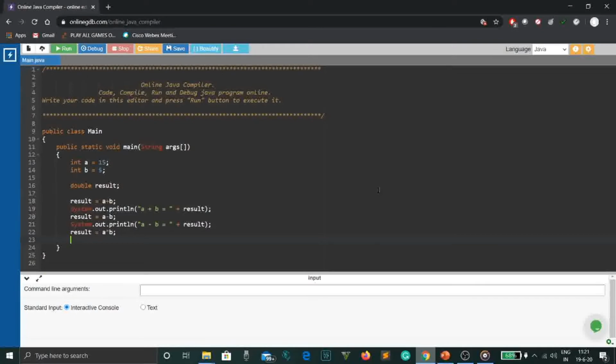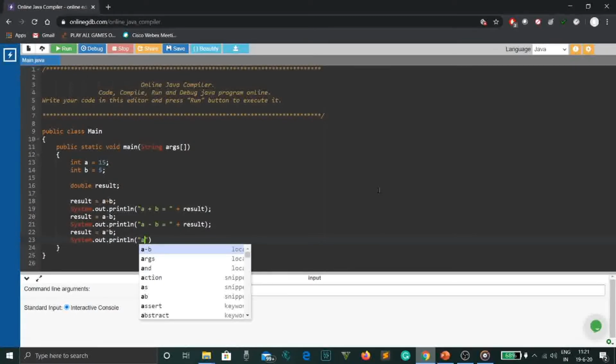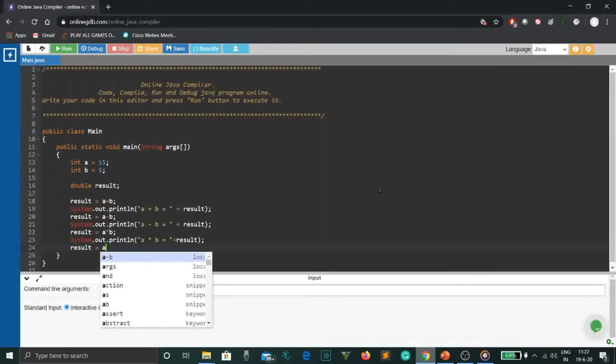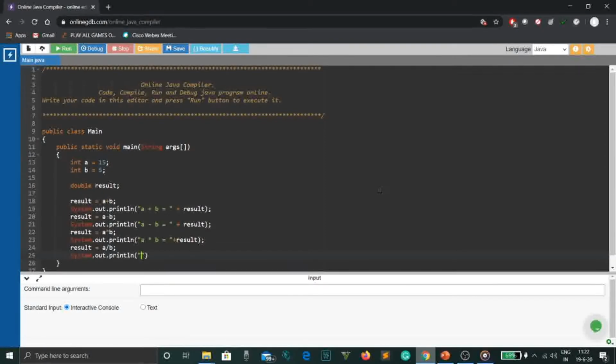Then we go on to division. Here we want the quotient as the result. So we write result = a / b, a divided by b. And then we write a System.out.println statement, and then we print the answer of a / b. Then for the remainder, we write result = a mod b, or the percentage sign, b.